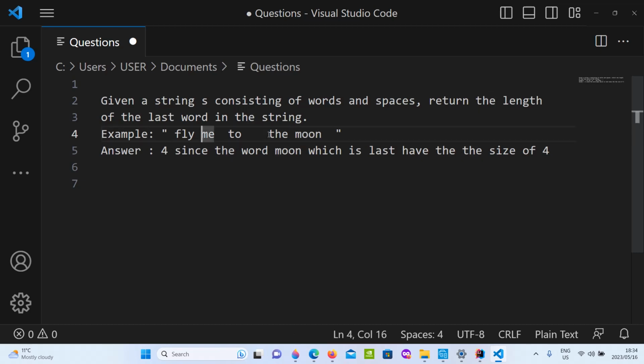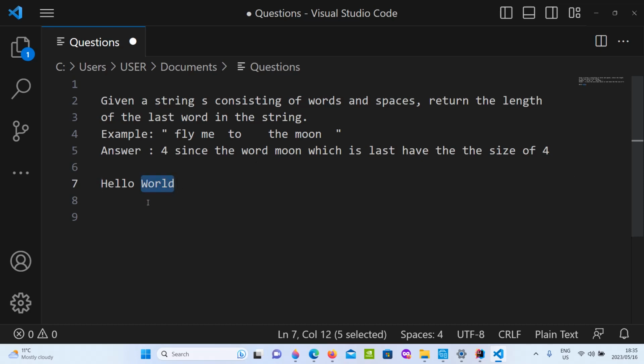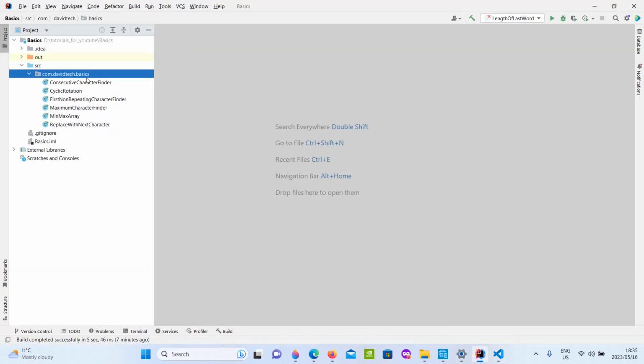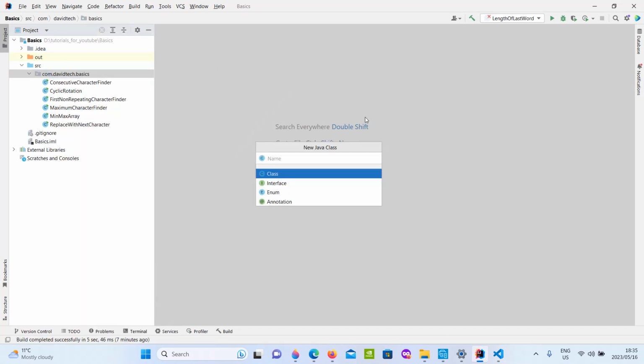So we just are interested in the last word, called "the moon". So the moon has a length of 4. So if we're given another sentence, maybe called "hello world", the last word will be "world", and therefore the size will be 5, which is the expected output. Now open your IDE, go to the right package, right click, say new Java class, and then